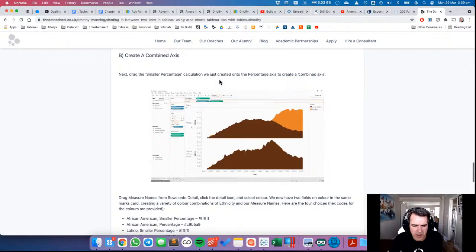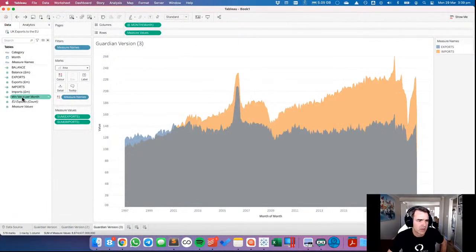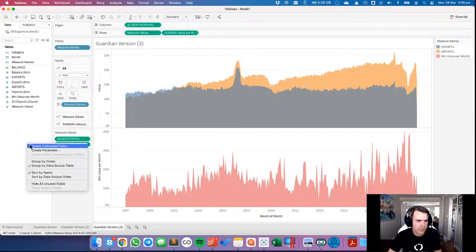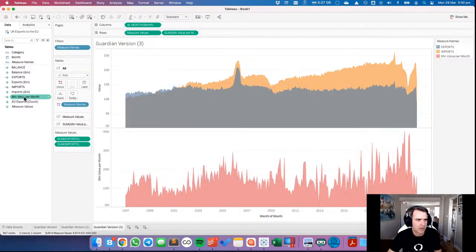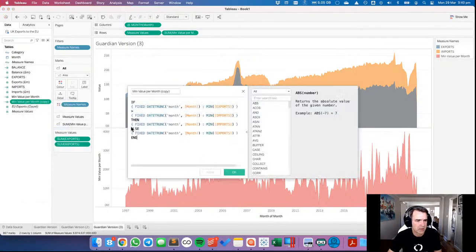Okay, so the data is shaped differently here. So percentage, smaller percentage. Okay, so let's put the minimum value. And I think I can probably just do the opposite here for the maximum. So duplicate, edit. So if I do max value per month,